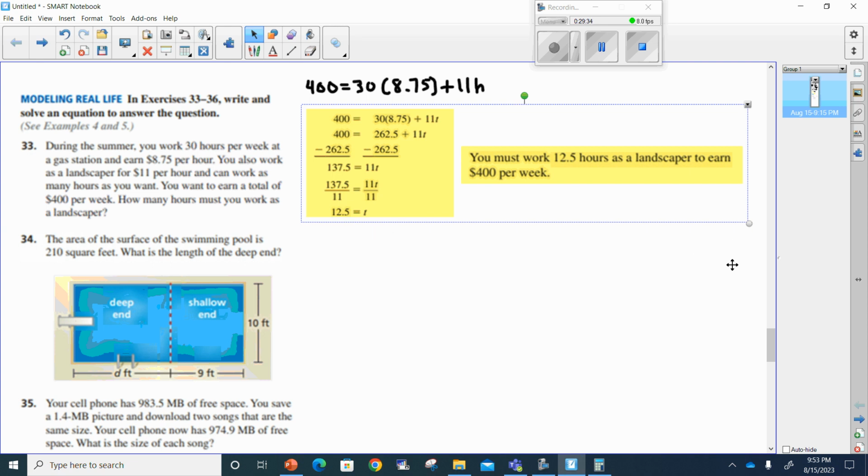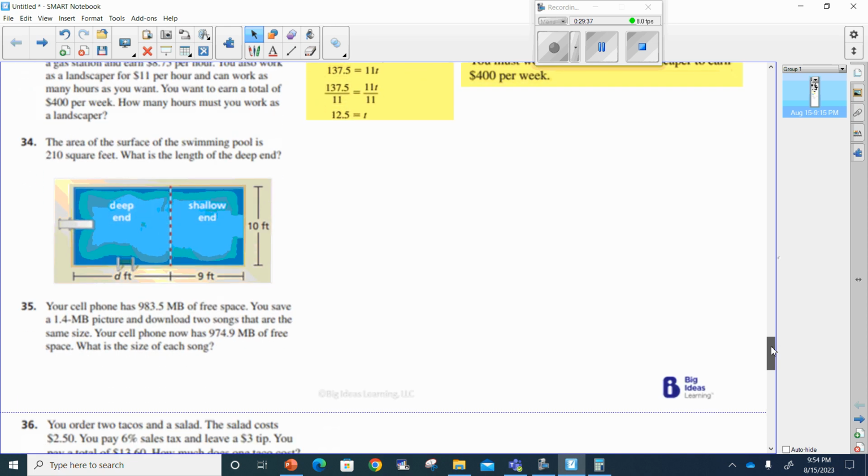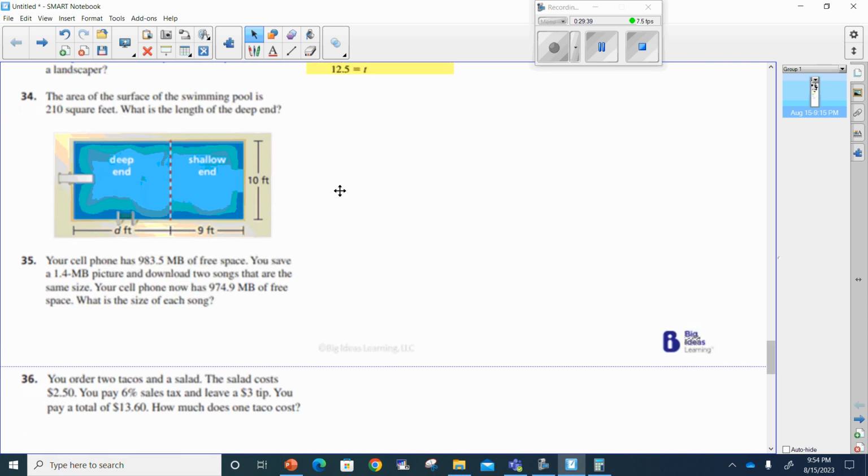All right, time to do number 35. 35 says the surface of a swimming pool is 210 square feet. What is the length of the depth at the deep end? All right, to do this, I have to remember they're talking about the area of the surface, and the area is everything in here. So that's found by length times width. So that means I'm going to start off with 210 as my answer, and that's going to equal, remember, length